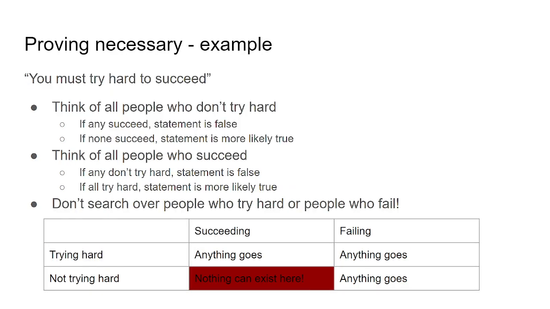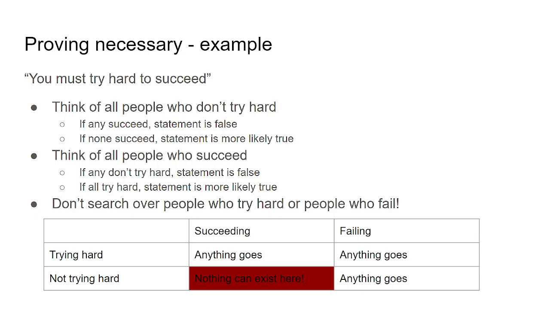So to use a more tangible example, let's go back to the statement of "you must try hard to succeed." So trying hard is necessary for success. You can think of all the people who don't try hard, and if any of those people succeeded, the statement is now proven false because you have your counterexample. Again, it's easy to prove something false with just a single counterexample. But if none of them succeeded, your statement is more likely to be true, but it's not a guarantee